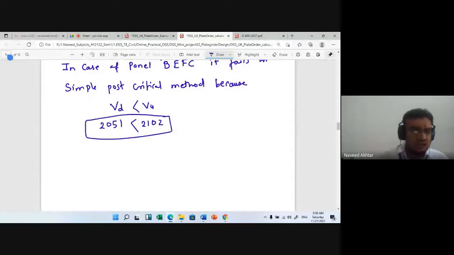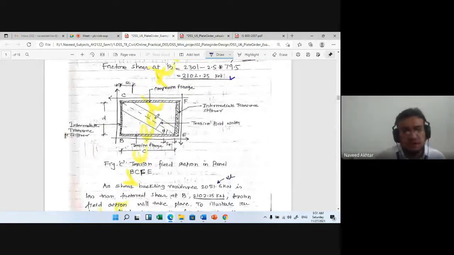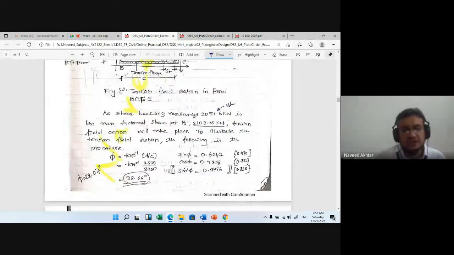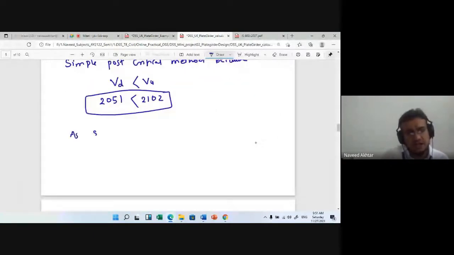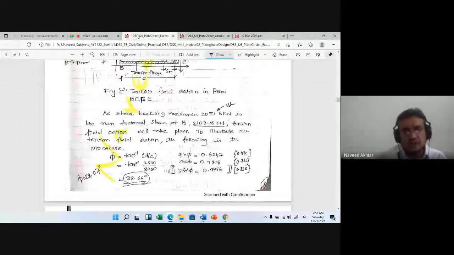For this, now you have to go for tension field action. So here, in this case, tension field action is required. Tension field action is required. So from here, as shear buckling resistance is less than factored shear at B, you can write down that shear buckling resistance VD is